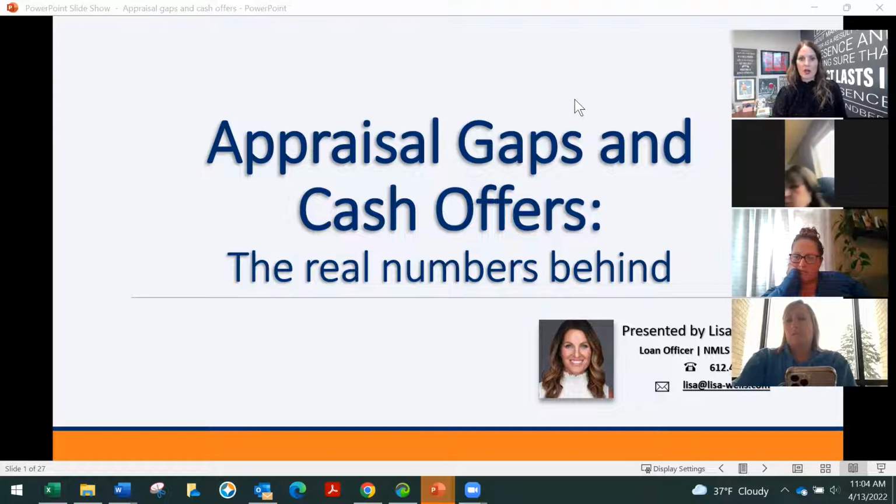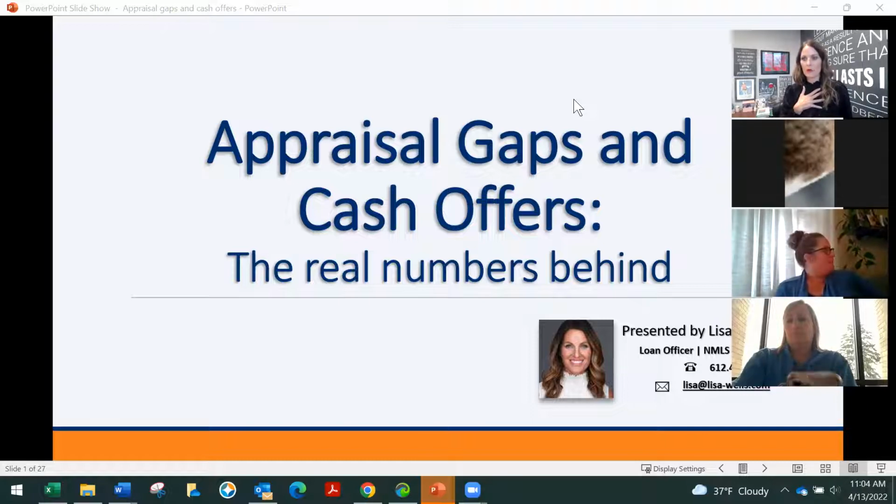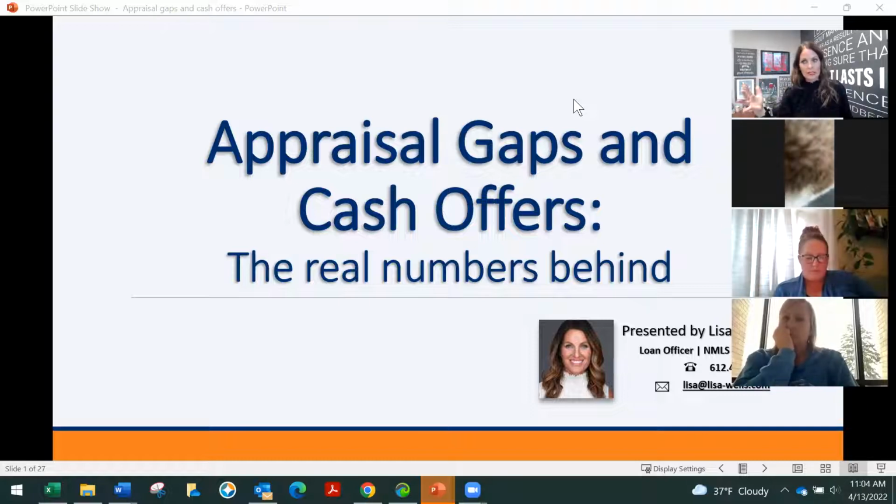So it just caused me to think, we've got to talk through this and at least have people understand from our side of the world. And then if you interpret it differently or write it differently, that's up to you guys. All right, so appraisal gap, cash offers, the money behind. In here, I also included